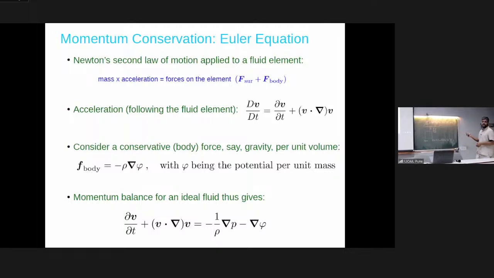You add all the forces that are there. As simple as that, right? Vector sum of all the forces. We work out the surface force due to pressure distribution. We can have a body force, which is, say, gravity. So the body force can be written down as minus rho times gradient phi. It's a general way of writing. That's a conservative body force, right? Gradient of a potential leads to a conservative force. It's a conservative system.